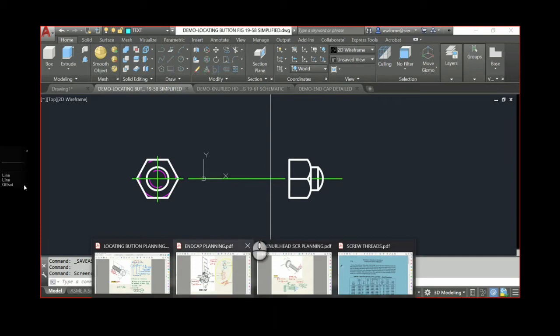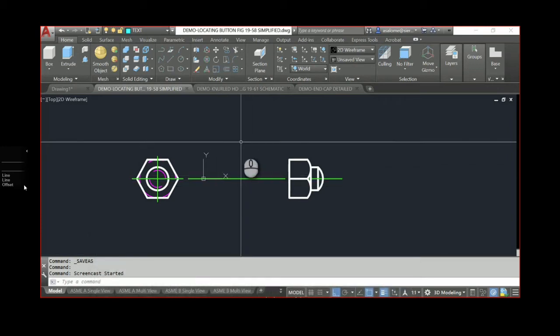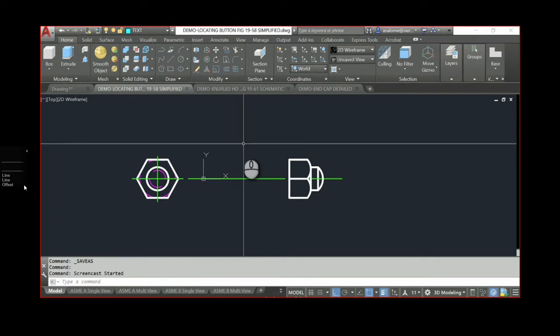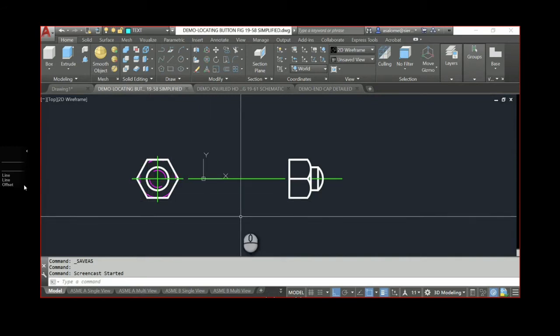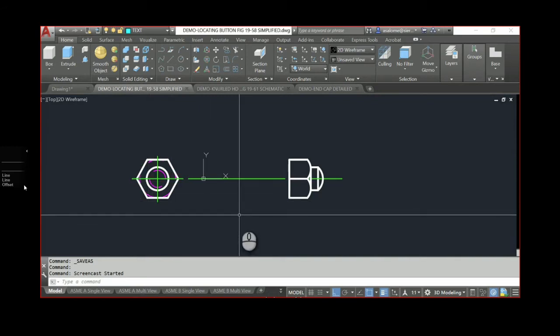So as I said, I'm not going to be teaching you how to draw lines. Now, this is an exclusively 2-dimensional AutoCAD drawing. It is not a 3D CAD drawing, okay? So we're not 3D modeling. We're drawing our views. They're all being drawn in model space. Geometry always goes in model space at full scale.